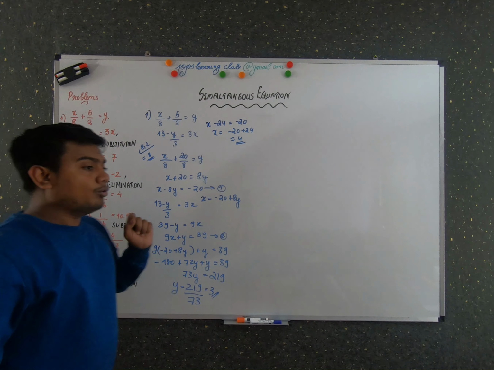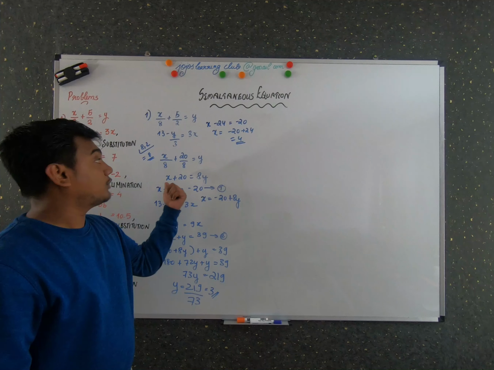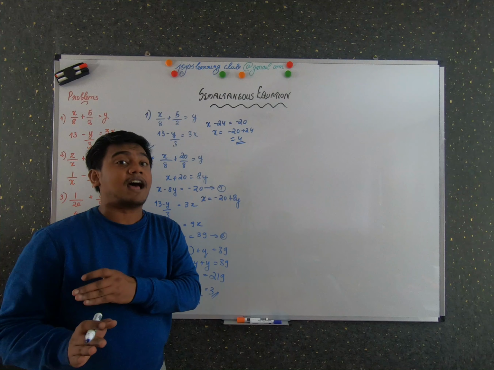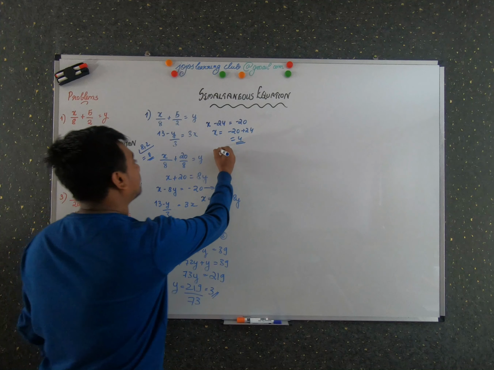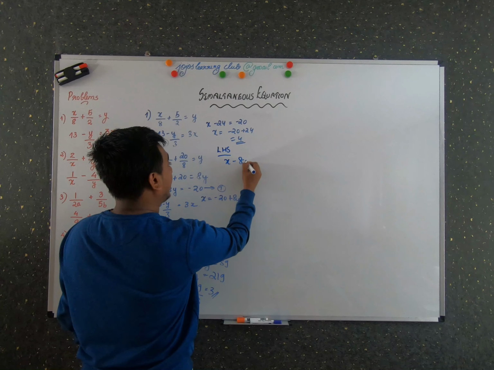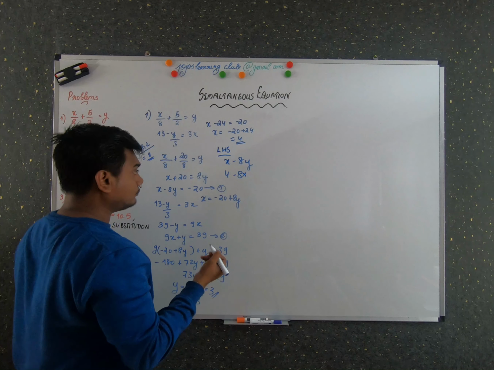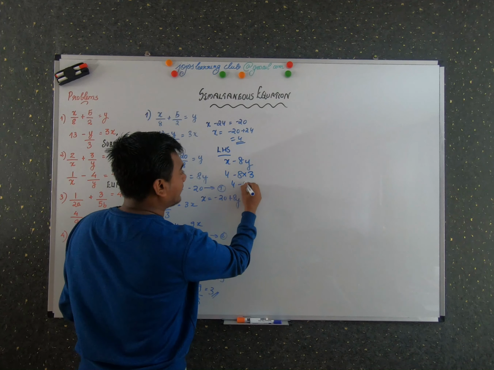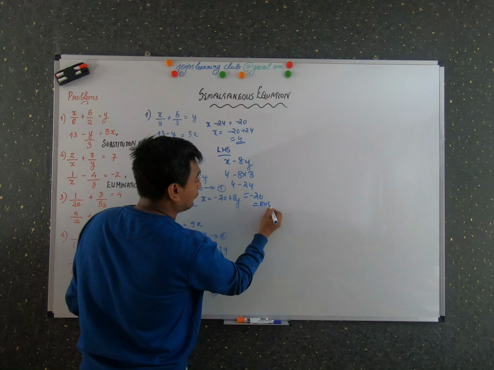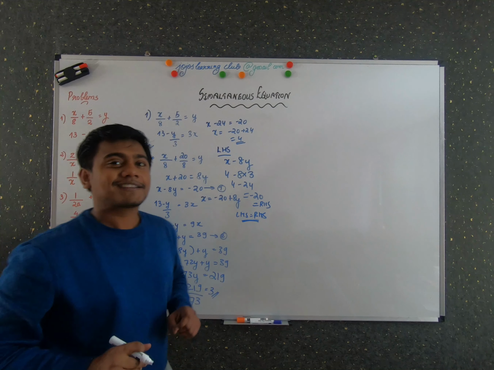Now we have to check whether the values are correct. For that, you can substitute directly in the equation on the LHS, and if you get the same as the RHS, then your value is correct. So let's start from the LHS of this equation: x minus 8y. x is 4, so 4 minus 8 into 3, right? So 4 minus 24 is minus 20, which is the same as the RHS. So once LHS is equal to RHS, you can say that the value which you found is correct.